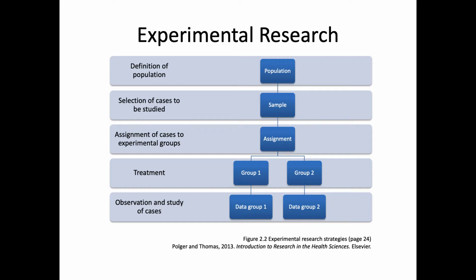So this is very different to survey research, where there's no intervention or attempt to change the conditions of the participants. In experimental research, one group receives an intervention and the other group does not. So having a control group is essential in experimental research design. The results are then compared, with the aim being to identify an outcome or effect of the intervention being studied. So there are some critical differences between experimental research, which involves a manipulation of the independent variable, and survey design.